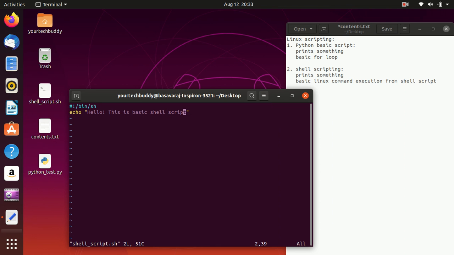Here I will add a few more commands which get executed on the terminal when this shell script is executed. I will add a command to list the files with details. I will also show the present working directory. What happens is, when I execute this file, it goes in sequence and executes every command present in this file. It treats all the lines as commands.